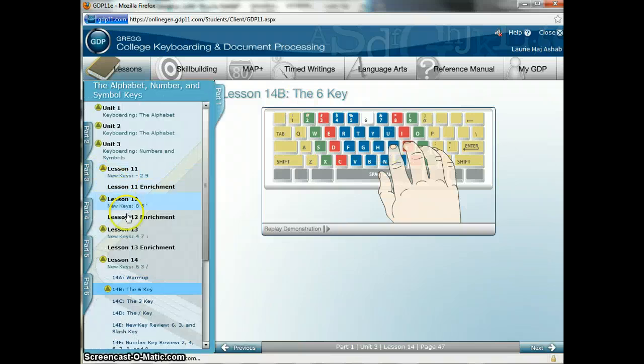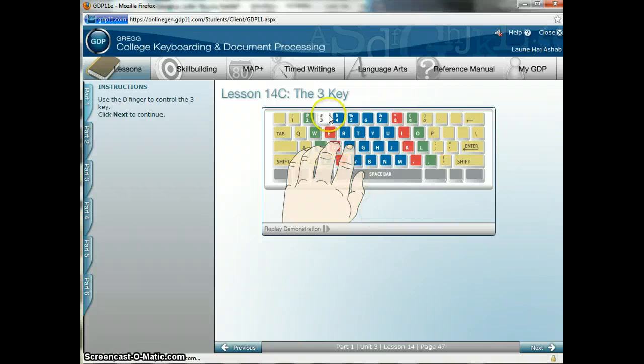Okay? And the number 3, we're going to reach up with our D finger. 3, 3, 3. Reach up with your D finger. 3, 3, 3. Okay? And then the last